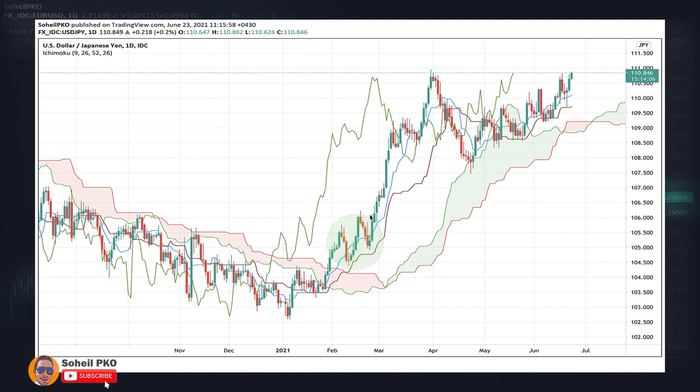For example, here an aggressive trader may decide to enter a long position when the price crosses above the conversion line, or another one here, or here in this downtrend that I explained about these conversion line and baseline crossovers. An aggressive trader may choose to enter earlier when the price crosses below the baseline or conversion line, and this can provide them a better entry price. But as I said, this is not always the case, and these signals are less reliable